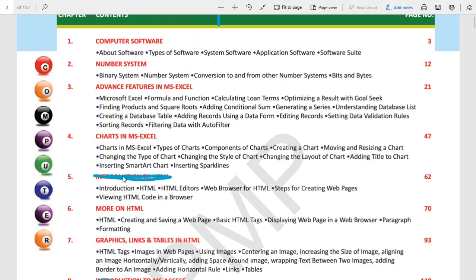So from here you can see chapter number 1, 2, 3, 4, 6, and 7. So I have 6 chapters. Out of these 6, I want to give you 4 chapters in your half yearly examination so that you will get a better understanding. For this reason, what chapters will come?